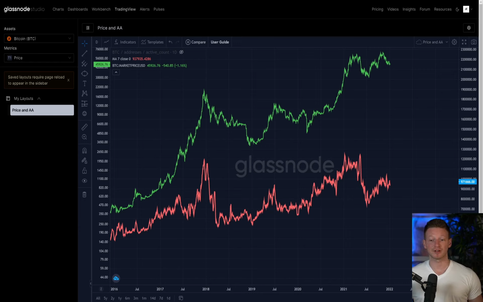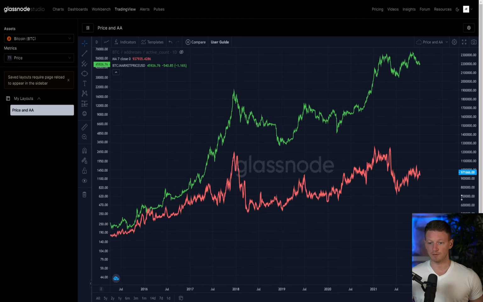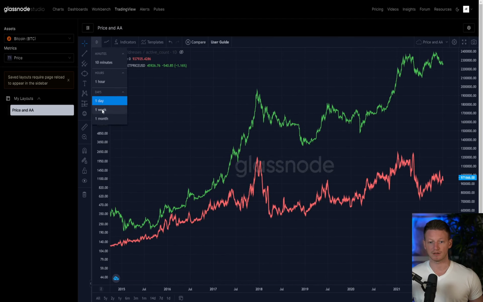Okay, guys, so this is the number of active addresses in orange and the price of Bitcoin in green. Unfortunately, right now we're sitting at just under $46,000. You can see that in orange, we have the active addresses. You can think of it as the number of addresses or wallets transacting on the Bitcoin network, okay? And the reason this matters is because the number of active addresses on the network typically corresponds directly to the price.